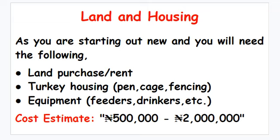You can get a mess and say, okay, if I'm fencing a 100 by 50 plot of land, how many blocks do I need? How much sharp sand do I need? When you get all those calculations, then you can know. Maybe after doing that, you bought land, and the land alone was 2 million or 5 million. The money will be way more than this, but at least you know these are the things you need to calculate, right? So let's say from getting the pen ready and buying the equipment, we have budgeted 2 million